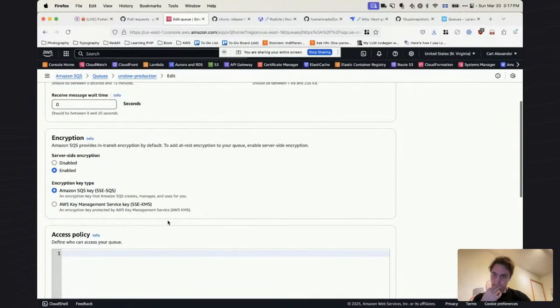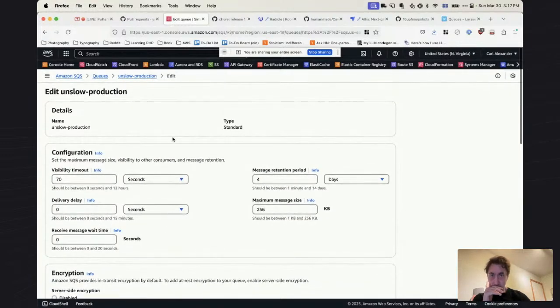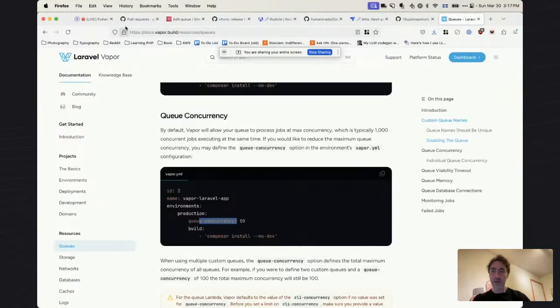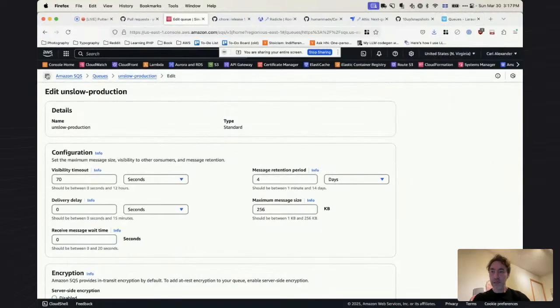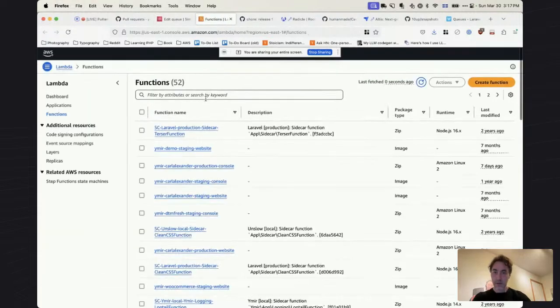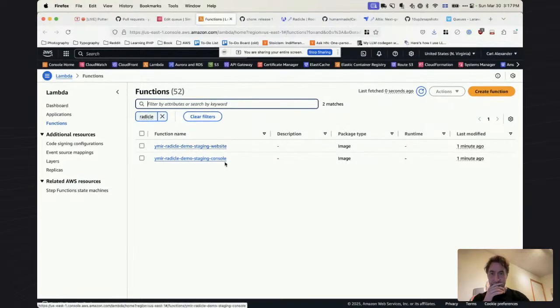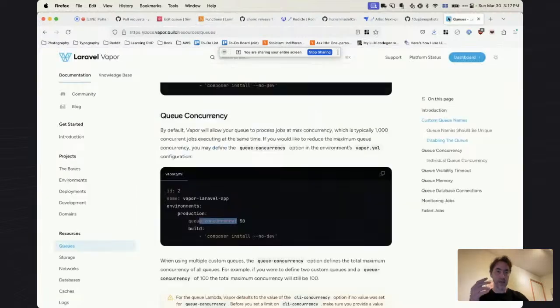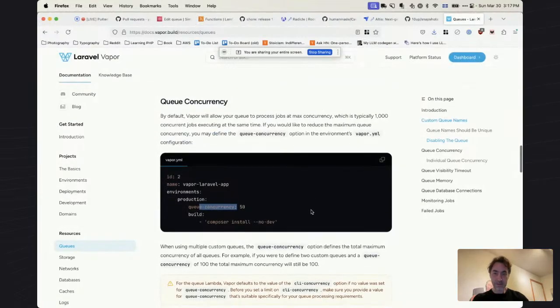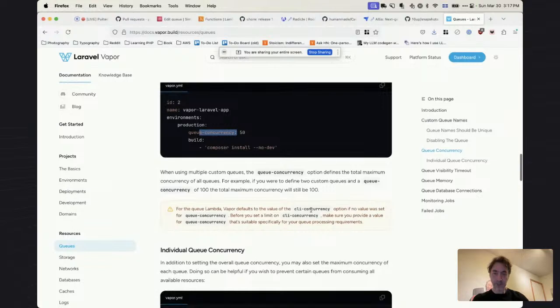Yeah, so I'm sorry. No, the issue here is that the queue, so if we look here at Lambda, if we do Radical again, so we have the Radical demo, staging website, and then we need a new one. So if you need a queue, I would have like Ymir demo staging queue, and then the queue would have the concurrency. But again,